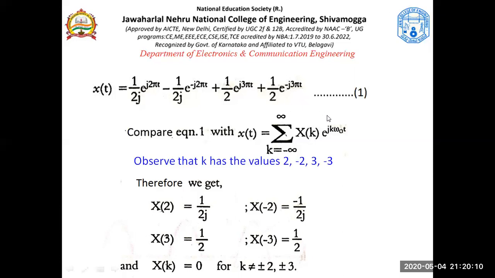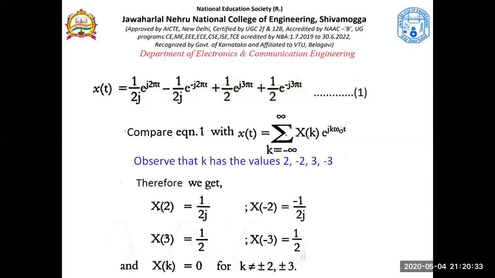So you should compare it with this. Omega naught is pi, so k is 3. Here also omega naught is pi. That's why this 2 is k. Minus 2, it becomes minus 2 is k. So you should remember what significance finding out the frequency omega naught has got here.